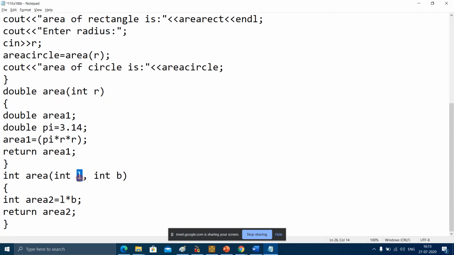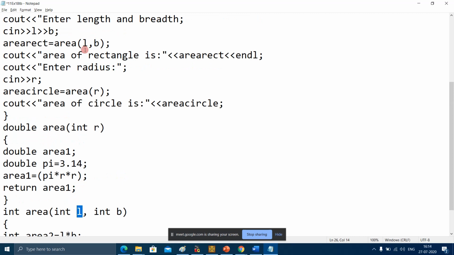This L is declared in main, that means it is local to main, and this L is local to area. So this L and this L are not related to each other. Instead of L, I can use P, and P will be local to this area function. Is that clear to you? Why are we not getting an error? Because of the scope of the variable. This is local to main and this is local to the area function.